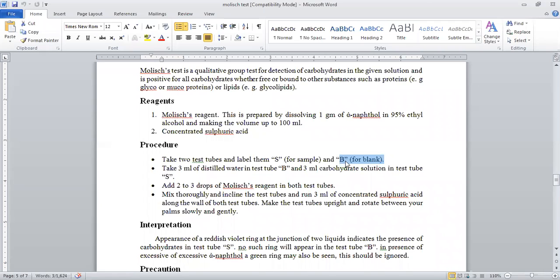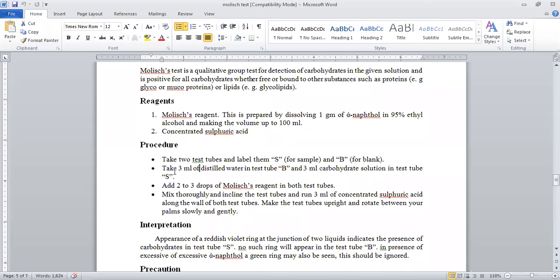To compare the results, if there are no carbohydrates, what will be the observation? What will be the color change in the absence of carbohydrates? And in the sample, carbohydrates are taken, and we study what the result will be if carbohydrates are present, and how we can differentiate between the two different results when carbohydrates are present and when carbohydrates are absent.